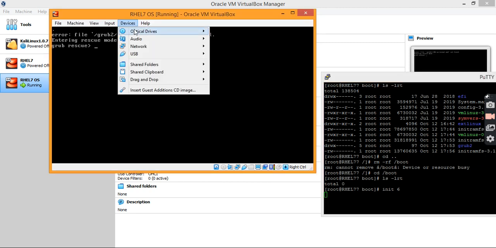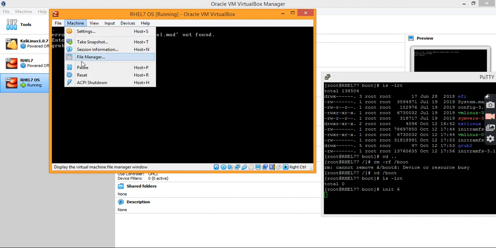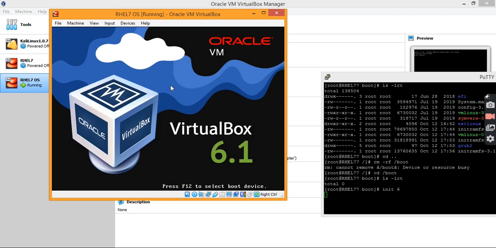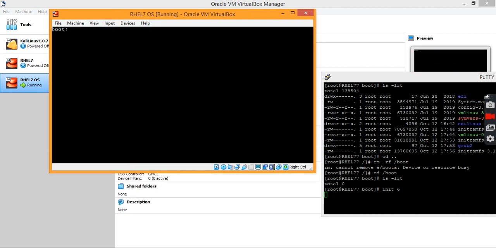To fix this issue, I am going to mount the ISO, attach this ISO with this box. You can see it is attached. Now I am going to reboot this machine in rescue mode. Press escape and then run linux rescue.